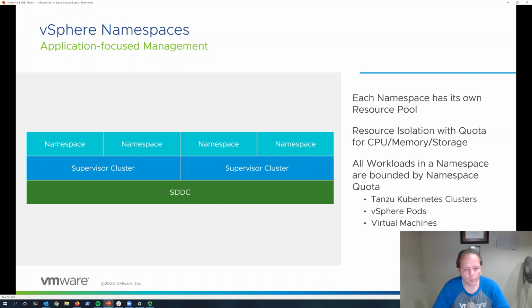One important topic as we get into how this all works is the topic of vSphere namespaces. So if you're familiar with Kubernetes, Kubernetes provides this construct of a namespace that allows for resource isolation, right? And so it can use things to provide quotas for how much capacity a pod can utilize on the host, and it also provides a security